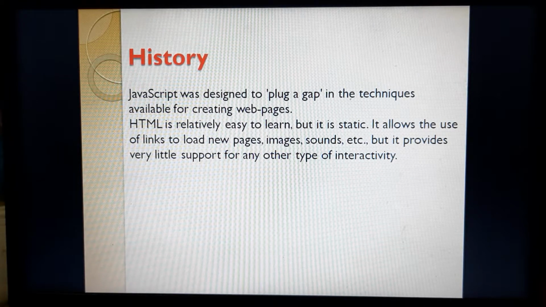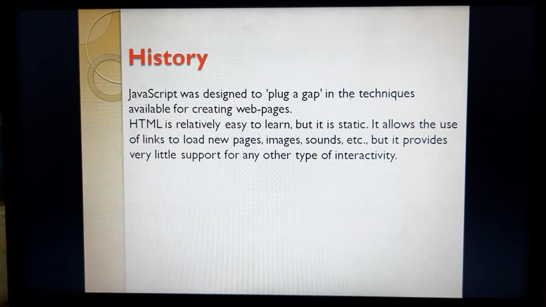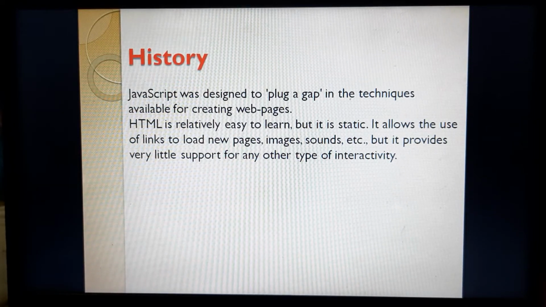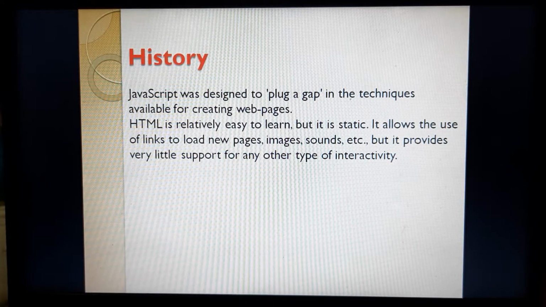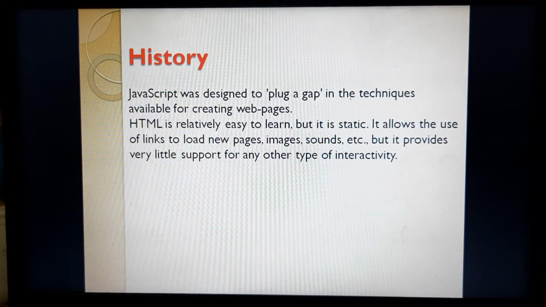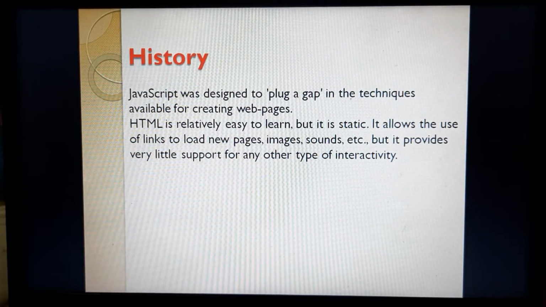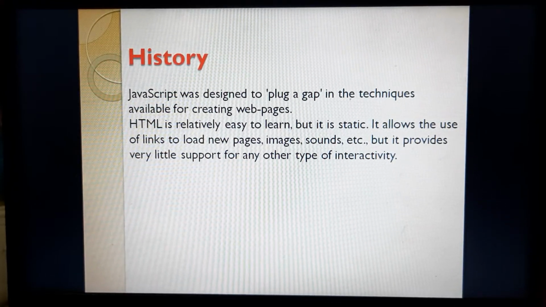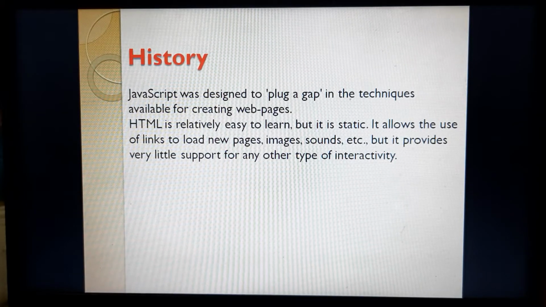It provides very little support for any other type of interactivity because we can create static web pages through the HTML language, whereas JavaScript was designed to plug a gap between static and dynamic web pages. So therefore, with the help of JavaScript, we are able to create dynamic web pages.